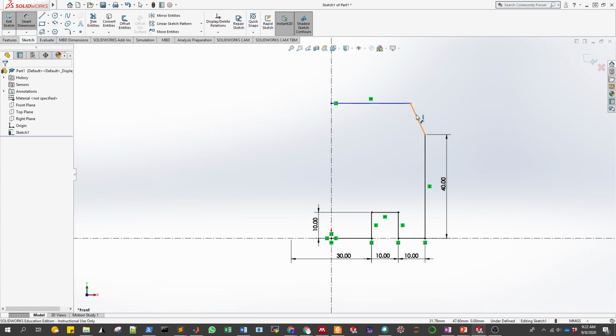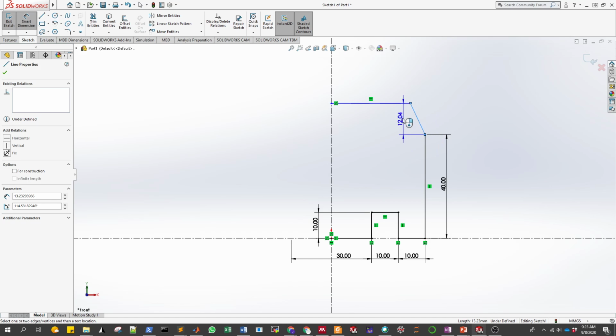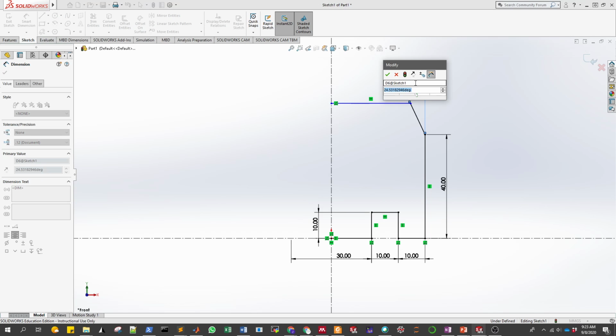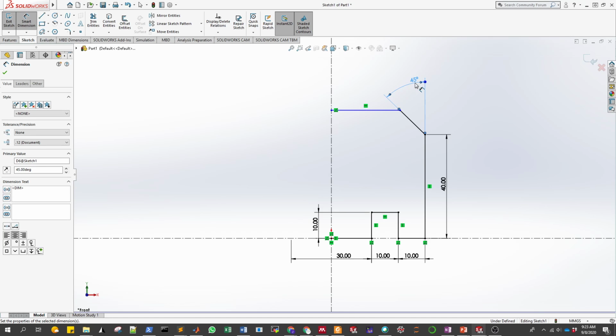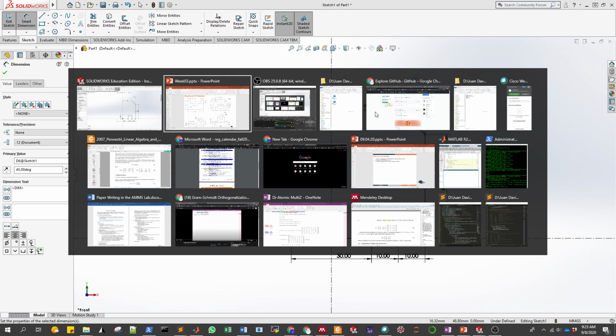I first click this line, the line that is diagonal, and then any other line. It can be either the horizontal line or the vertical line or even this construction line, because an angle is measured from two lines, not only a single line. 45 degrees, and then